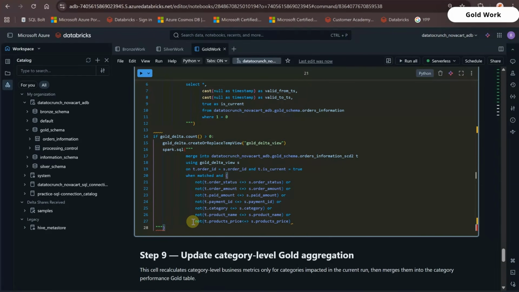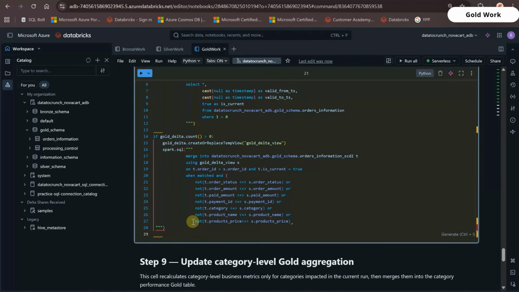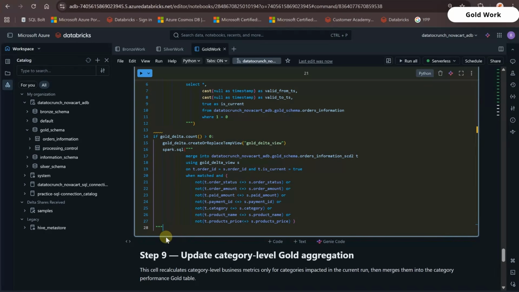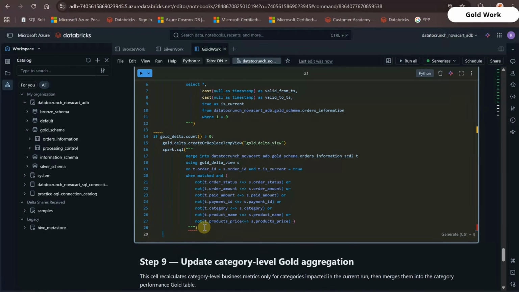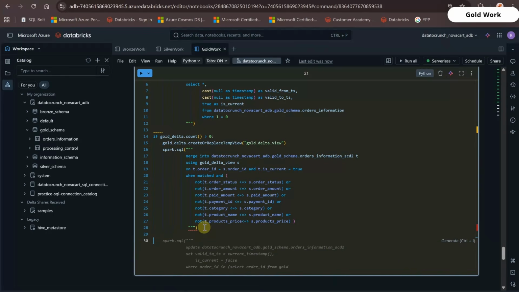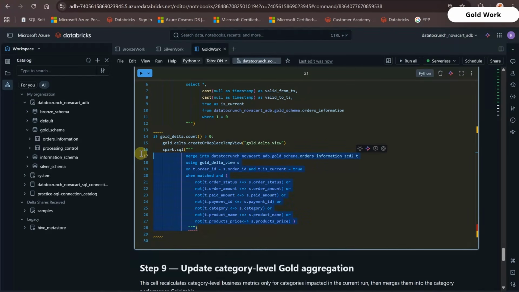So for that, I think I have made a certain mistake here. Okay, now for the next step, we are going to insert a new current version after closing the old version, which we have closed with this logic. Now, to insert a new entry, which would be the active version for that respective order, we'll